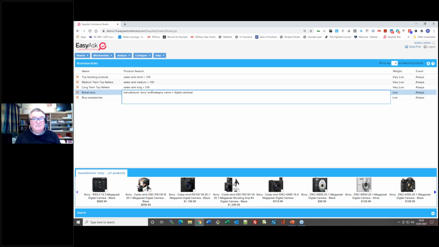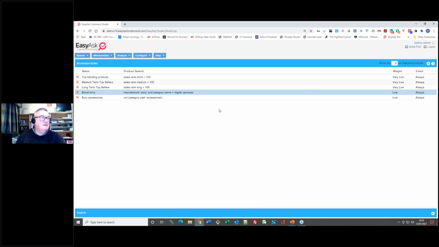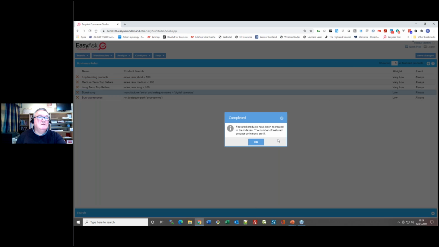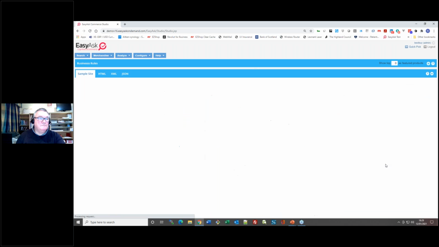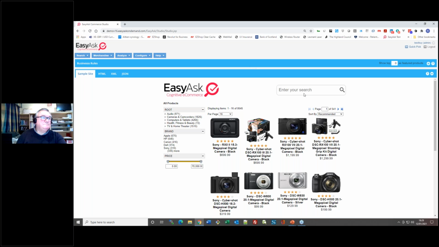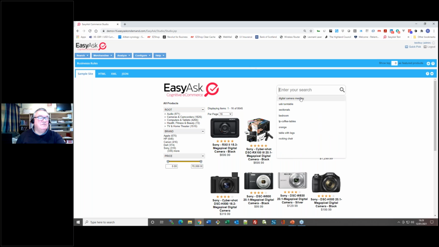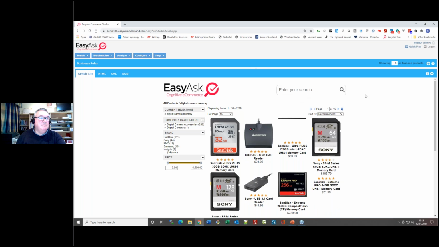So here, what I've done is just made the query a little bit more focused. Instead of just all of Sony, I'm saying it's only products that match being Sony and being in the category digital cameras. And if I again just synchronize things and save,